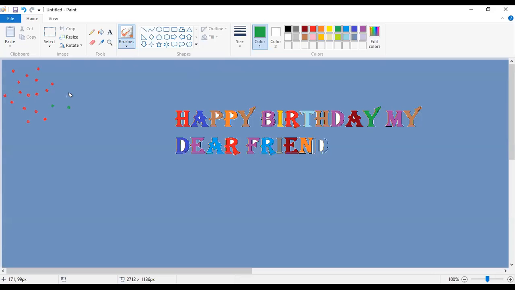This is your home task. You will design a birthday card of your own choice on MS Paint. For the sake of your practice and understanding, if you have any confusion about all the drawing tools, any design you want to make, you can. Like this is easy, and also we have short time, so this will be made quickly.